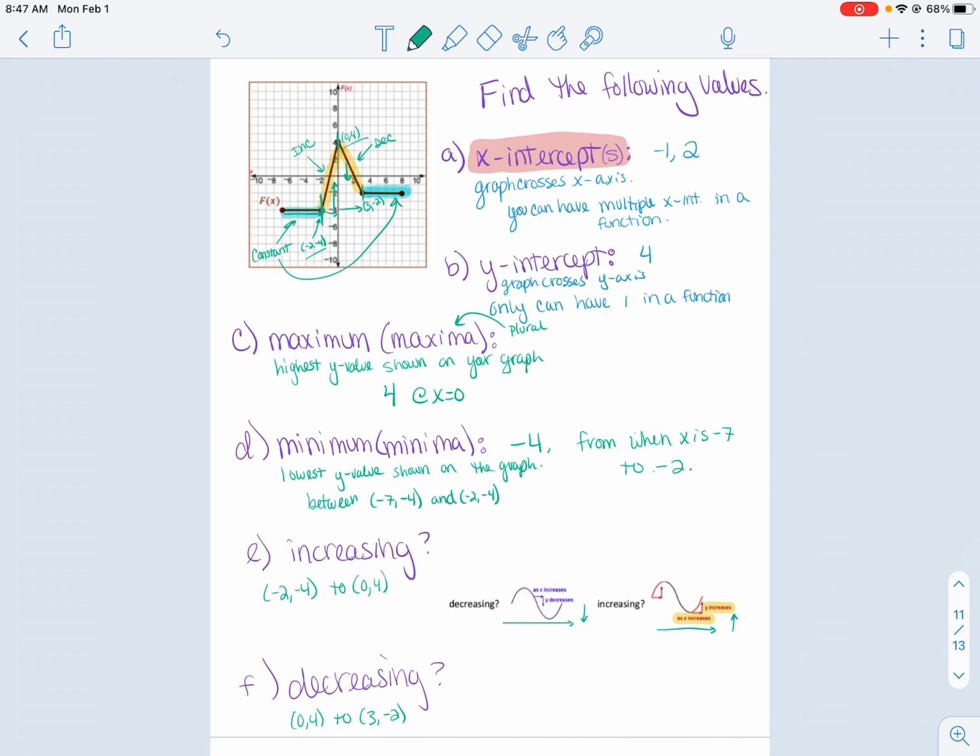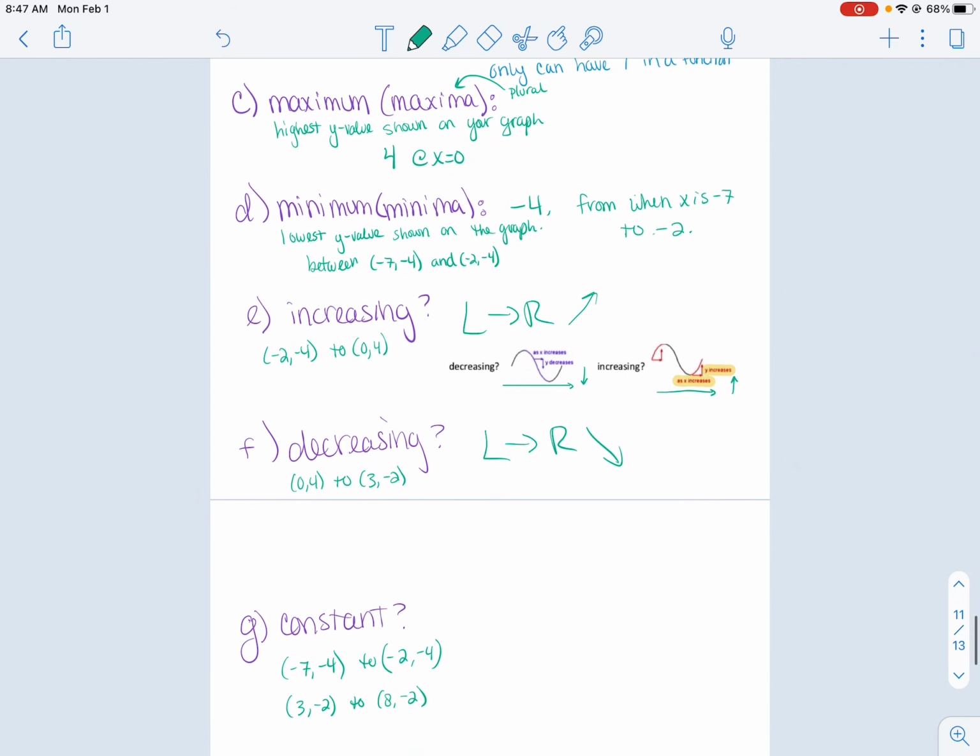Increasing is where your graph would go up from left to right, so always read it from left to right. And decreasing is when your graph would go down from left to right. And then constant is when you go from left to right across your graph and there's no change in direction. So go ahead and give that a try on some